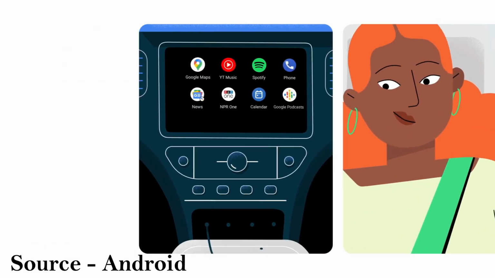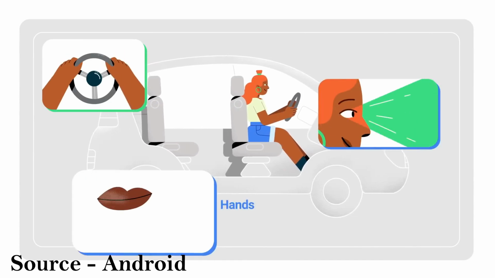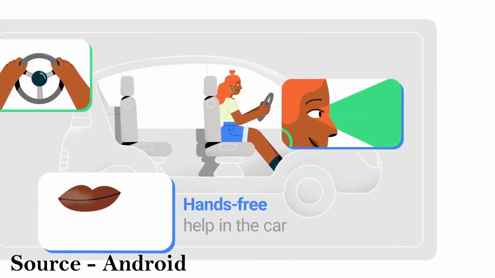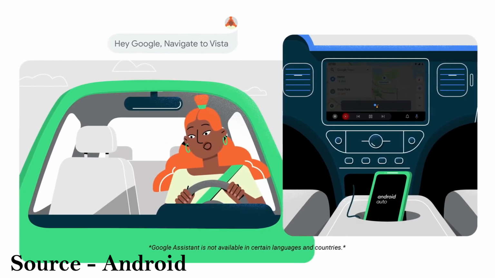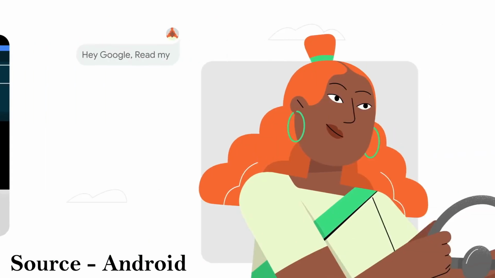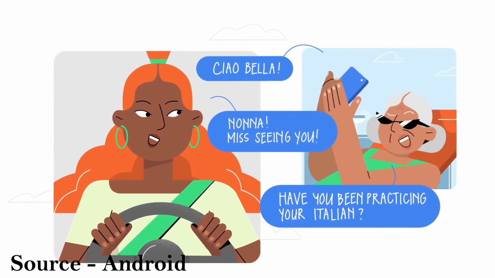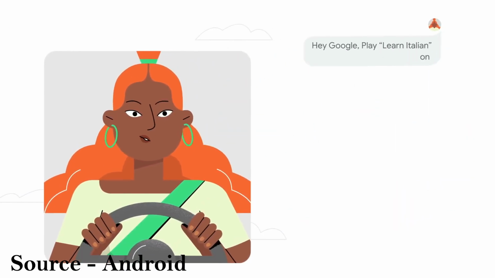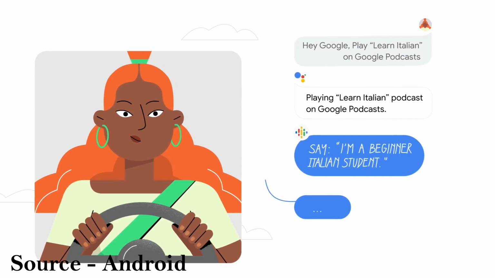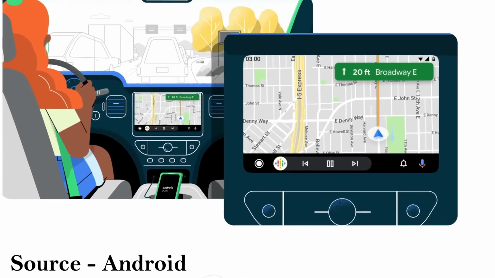And guys, with Android Auto you can use Google Maps to get directions while you are driving, or real-time traffic alerts. It also provides features to make calls with just your voice, and it will also read your incoming messages or notifications. And guys, the most important feature is that you can play your favorite songs from your favorite app on the go, and you will also get Google Assistant support, so you can use your voice command to directly ask anything to Google.